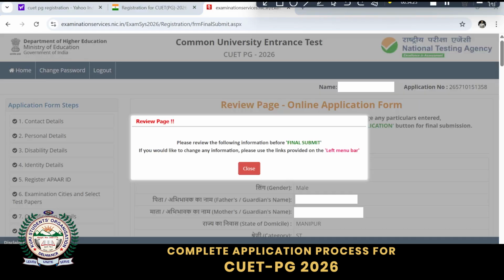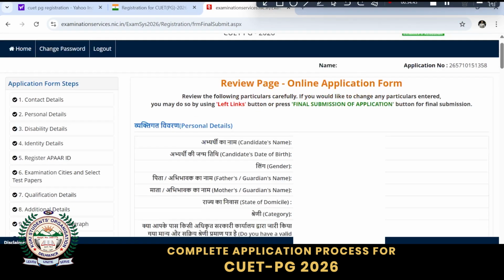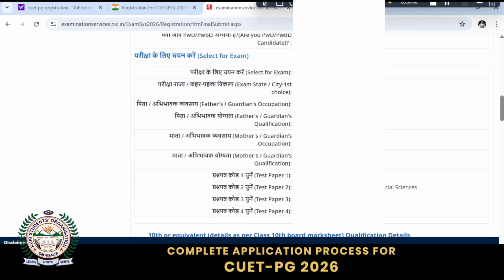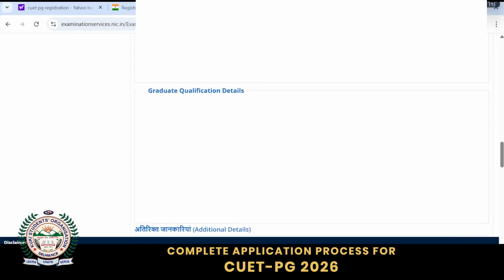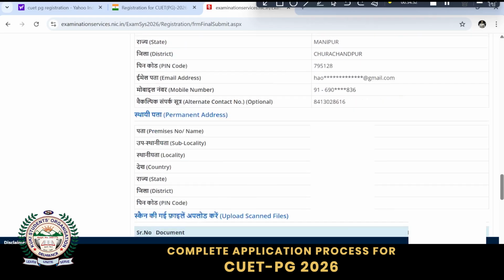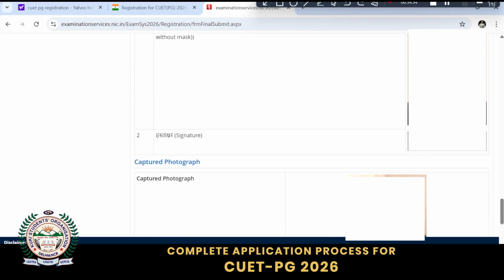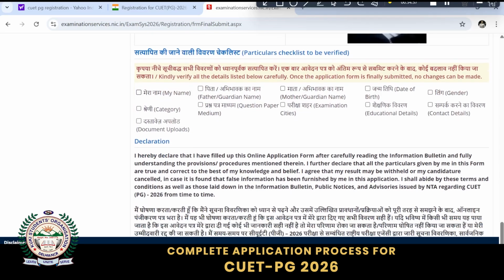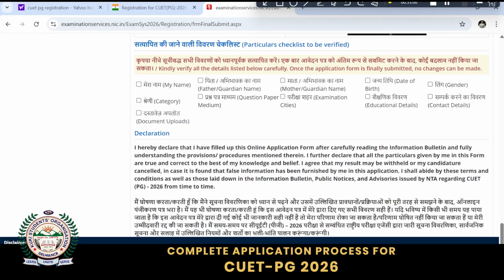So after uploading your image and your signature file, then you will be given this page, the review page. Please review the following information before final submit. If you would like to change any information, please use the links provided on the left menu bar. Now close the tab and go through your review page. So you can review all the details that you have submitted, and I would suggest you to go through it twice, thrice, so that there's no mistakes. Now you have to checklist all these things that you have verified all this,